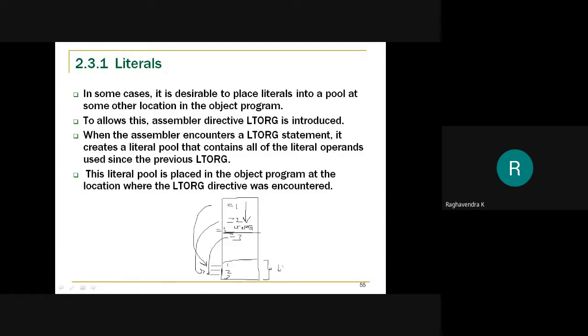Which means the instructions need not look at the end of the program; they can immediately look here, in other words at the displacement. This is a smaller displacement compared with this one, which is a larger displacement. This is the advantage of using the LTORG statement.